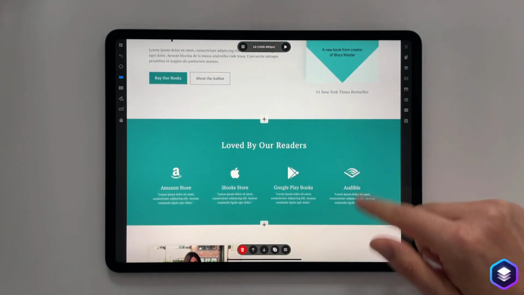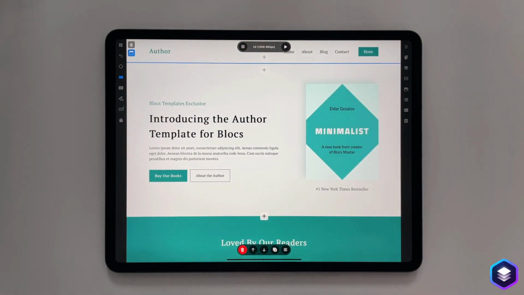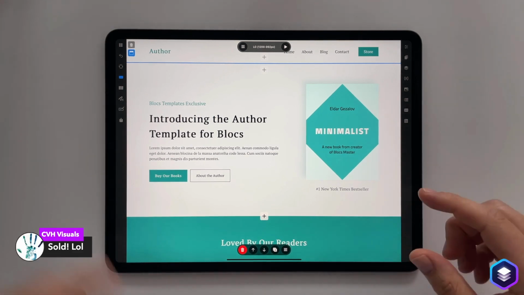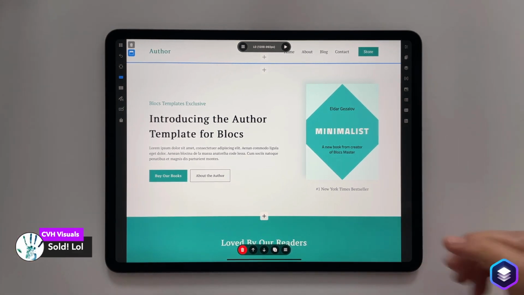It gives you an idea of how straightforward it is. This is a project that's been created on a Mac, opened up on an iPad. Initially the interface looks a bit different, but as I show you how bits and pieces work, a lot of it's going to become very familiar.